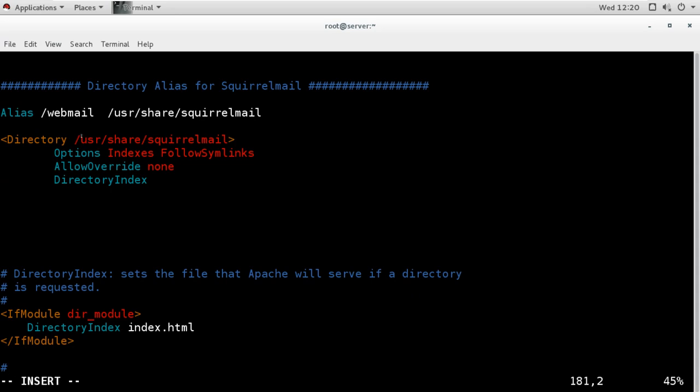Now specifically in this directory, I will use DirectoryIndex as index.php. So I want to load this file as a home page when we access this directory.